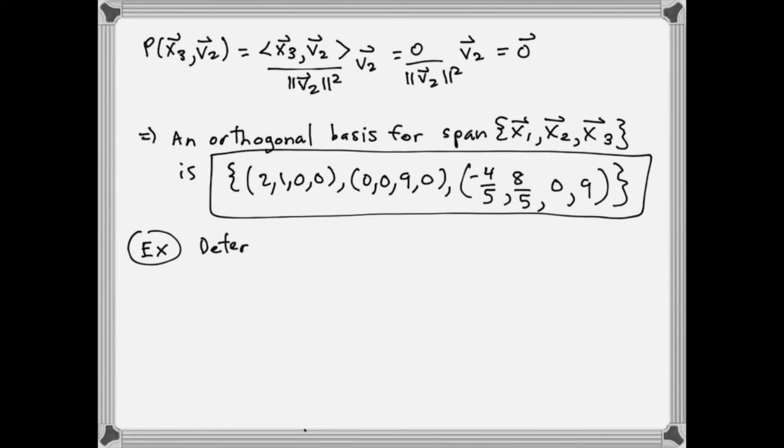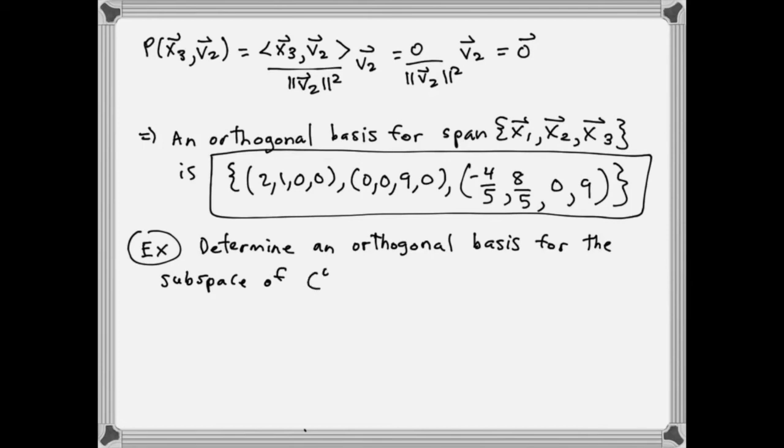Let's again determine an orthogonal basis. And this time we're going to be dealing with functions, so this should be a fun problem. So determine an orthogonal basis for the subspace of the following: we're going to look at the vector space C0 from -1 to 1. Remember, this is all continuous functions on the interval -1 to 1, spanned